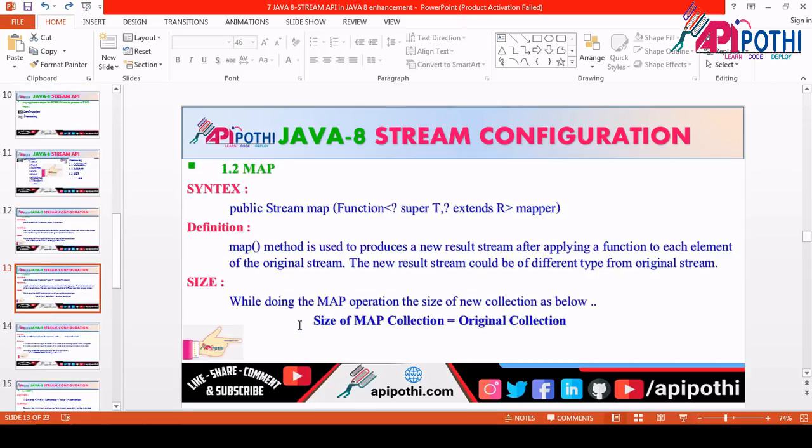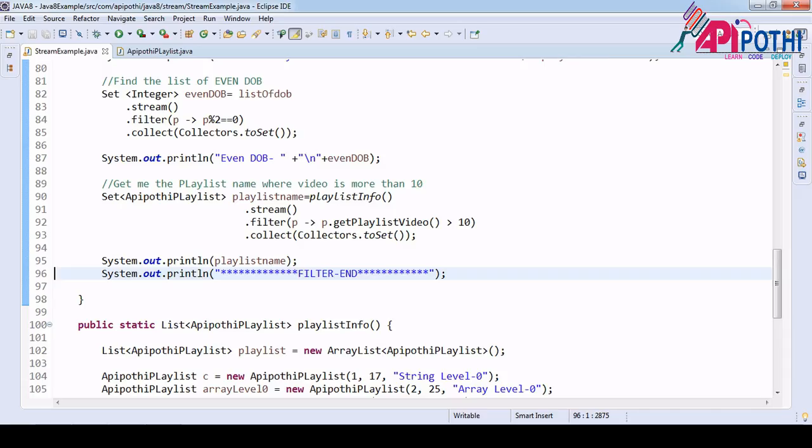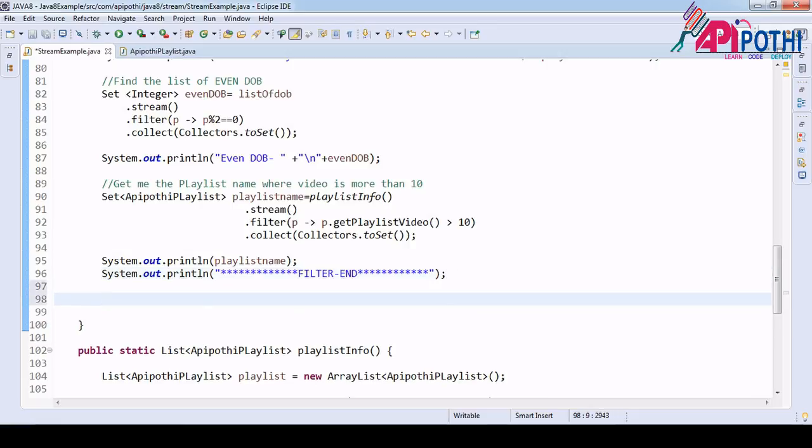Now the question is in which situation we have to go for map, or in which situation we have to go for filter. Filter we understood: out of something, we need that much only. So in that situation we go for filter. But map, when you want to do an operation which involves all the objects or all the elements, right?